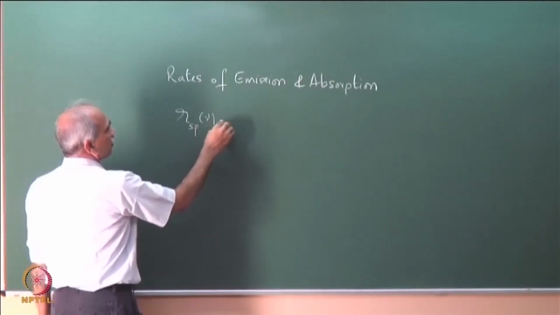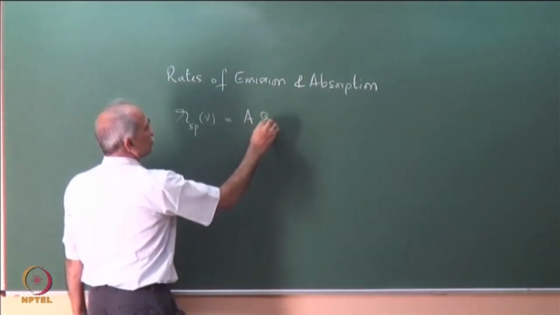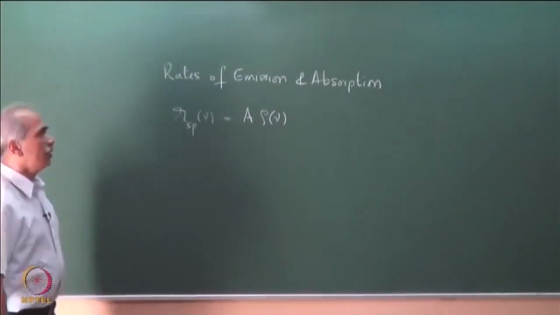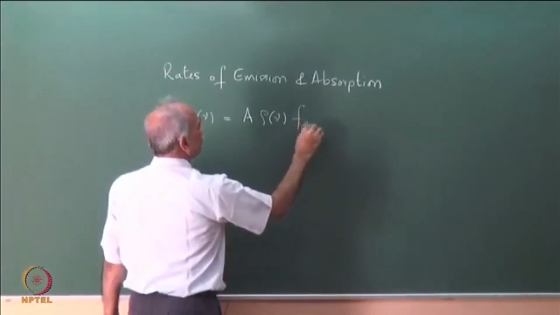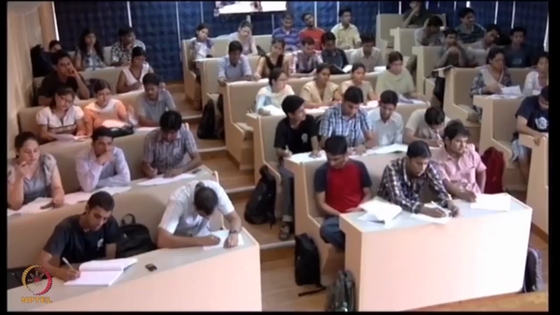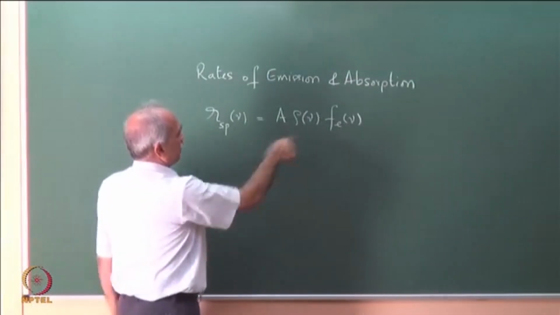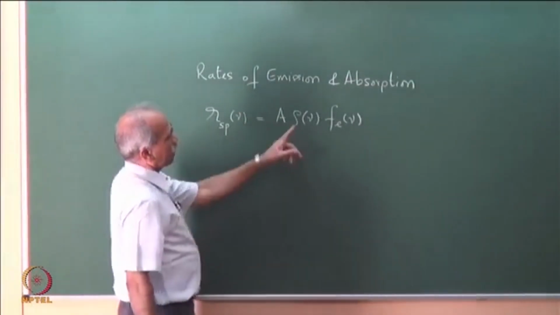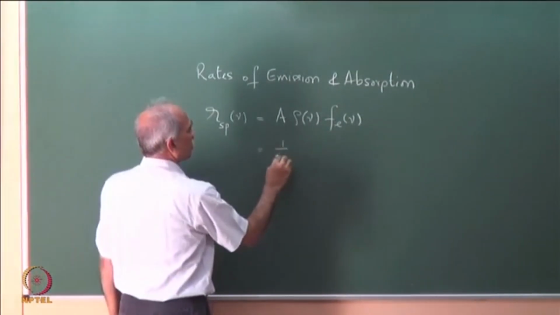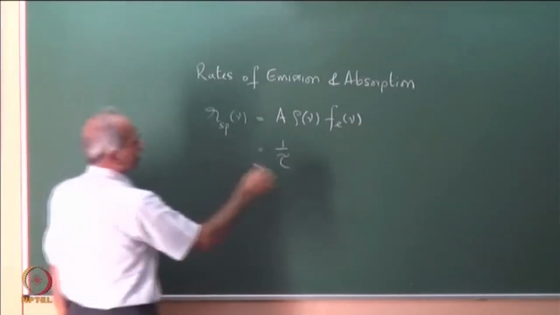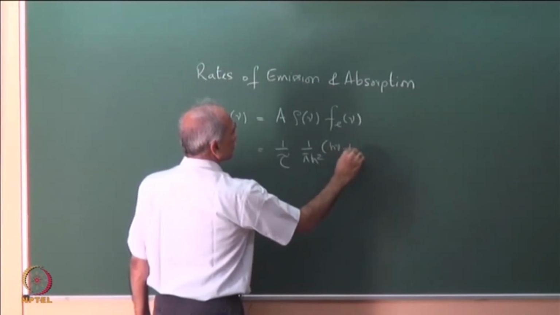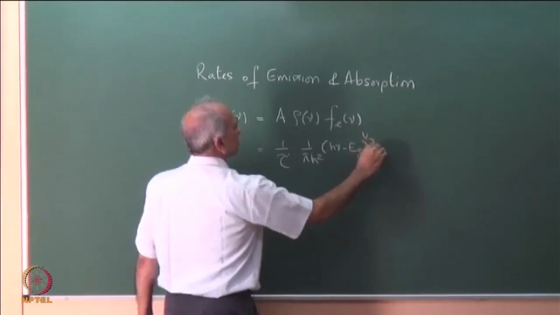R_sp of nu is equal to A into rho of nu, the density of states, into f_e of nu, where f_e of nu is the probability of emission. We substituted the various parameters, for rho of nu we substituted the density. So, we have 1 over tau r, I am just recapping, 1 over pi h cross square into h nu minus E g to the power half into,